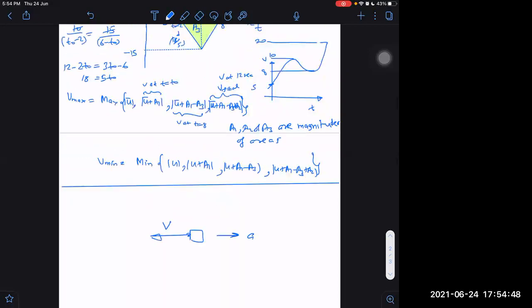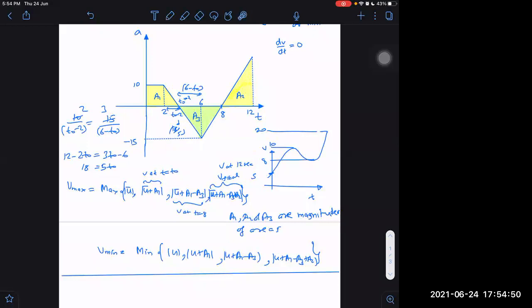Opposite signs, correct. So here our initial velocity is negative, but acceleration is positive in this graph. So definitely it will be decreasing. I'm not saying it will continue to decrease up to this. After a moment, what will happen? After a moment, velocity will become 0 and then it will start increasing back again. Yes, sir. I'm not saying it will continue to decrease up to t0 time. I'm just saying it will decrease momentarily up to some time.